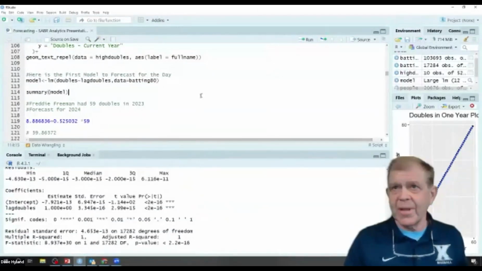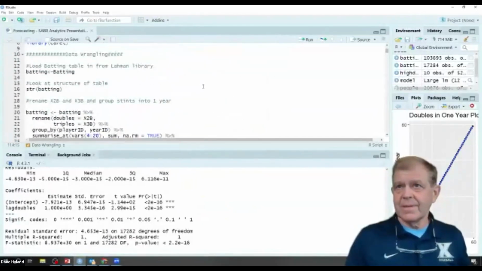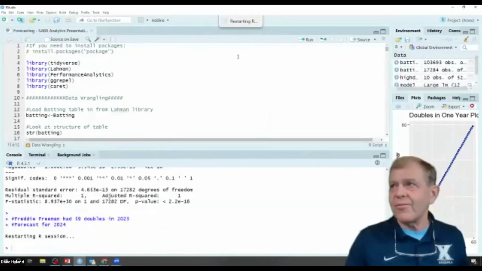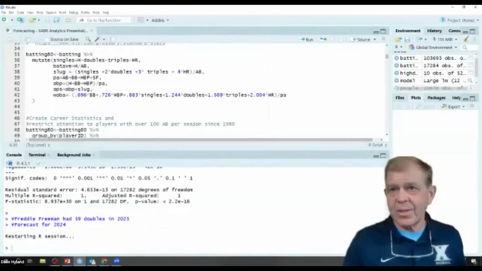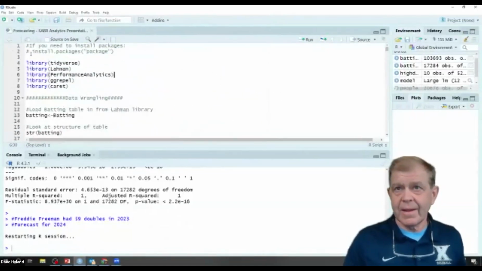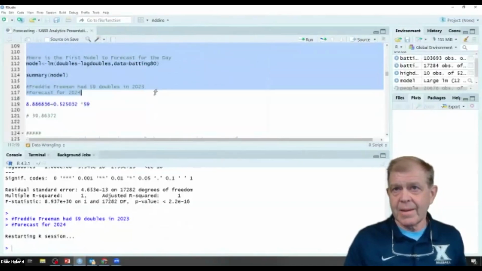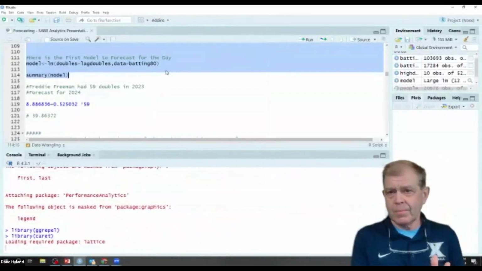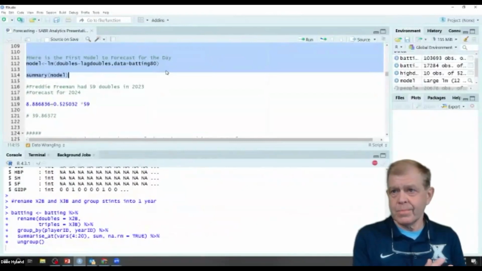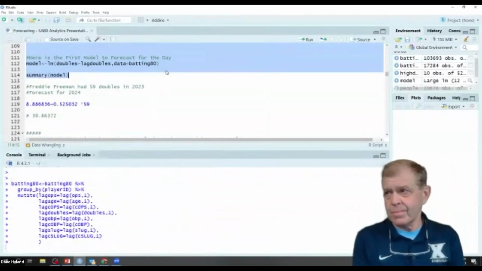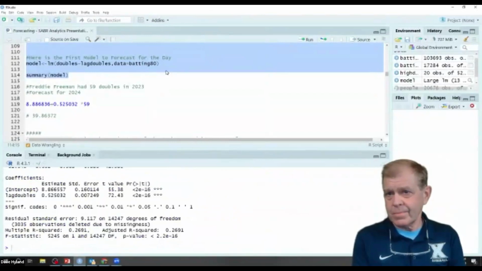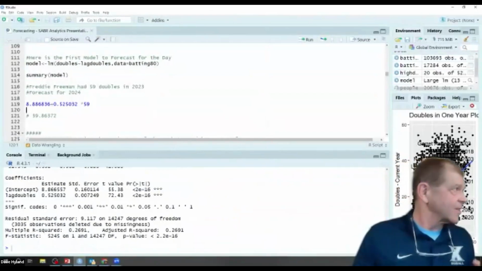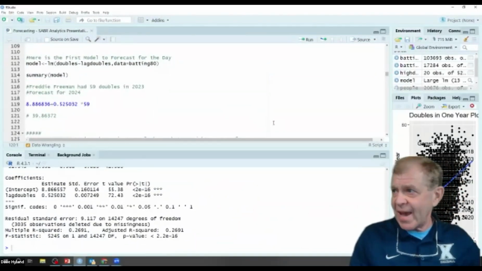Looks like I've got a little bit of a problem. The code worked well before. Let's just do a little restart and run it again down to this point. There we go. So that looks a lot better. So, sometimes like Shauna said in the last presentation, you need to back up and restart.